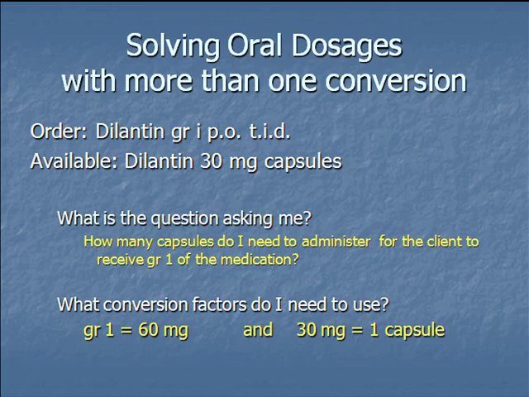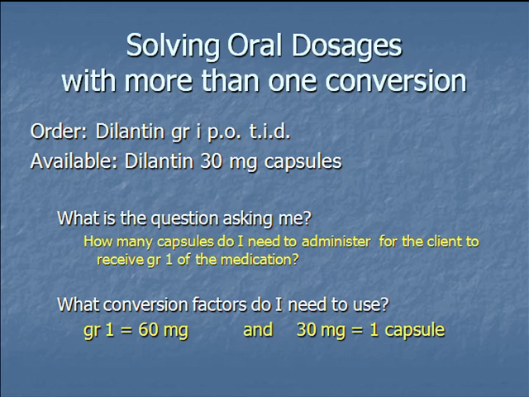I know I need to give grain 1 to our patient. So I must figure out how many capsules I need to administer to the client grain 1 of this medication. In this case, there are 2 conversion factors we're going to have to use. Unfortunately, we don't know the grains in the capsules. However, we do have a relationship between grain 1 and 60 milligrams, and we also know that 30 milligrams equals